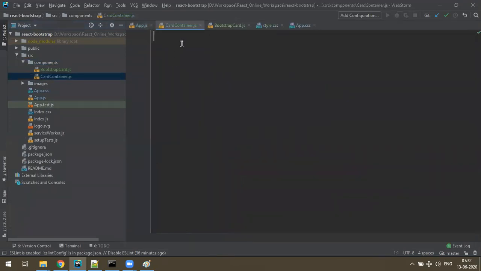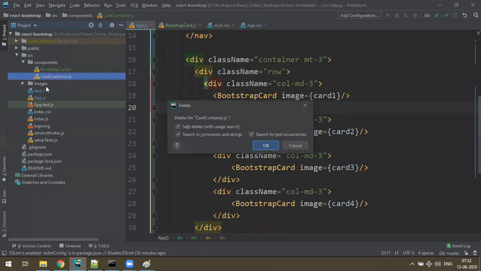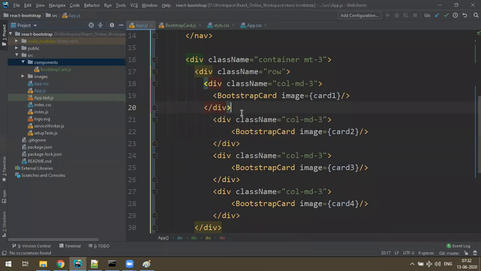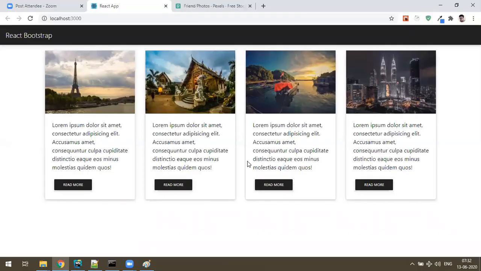So in the card container, if you keep a card container, you have to provide the data, even the nested, no? Okay, so that will be the next level, that we'll discuss in the coming classes because it leads to more confusion. So let's keep it as simple as of now. Okay, keep the cards. That's okay. Single cards, fine. So this is how you can connect Bootstrap to React.js.